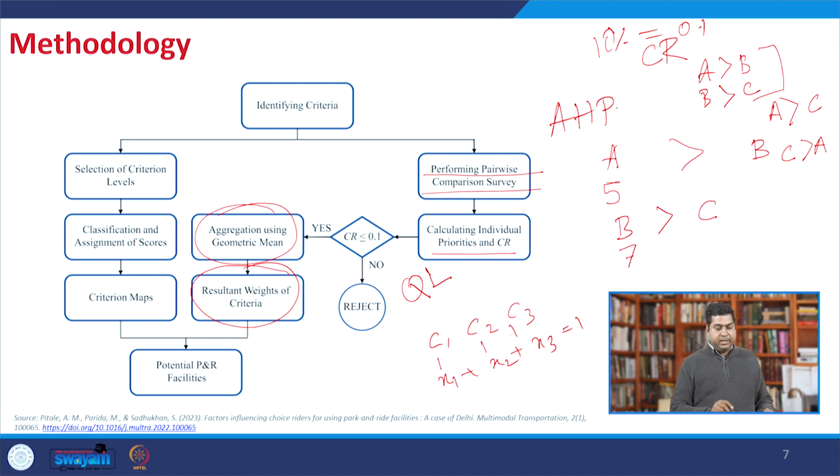On the other side, based on this criteria, we have also decided some criteria labels, and then we have done some classification and assignment of score for those labels, if that is present, which is having some sort of spatial value. Those kinds of labels are also checked through literature and also discussion with the expert, to see whether it is justified. And after that we develop the different criteria maps, and finally we overlap all the maps to get those potential